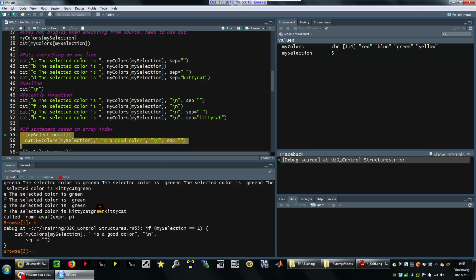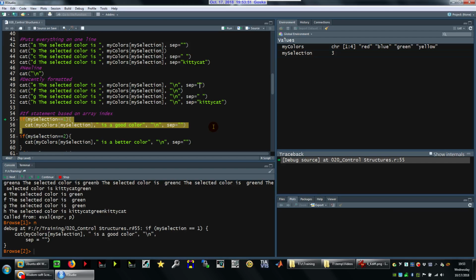Now, just for the demonstration, we can see here where I put in kitty cat, green kitty cat, because it put in my separator between these 2 values and my end of line value. This is one of the reasons why I personally tend to like working with a separator of nothing, and I'll put in all the spaces and commas and everything else I need myself. It's a style thing. Do what works for you. There are cases where I'll switch from one to another, depending on what I'm doing. But this is just a demonstration of how I write stuff to the